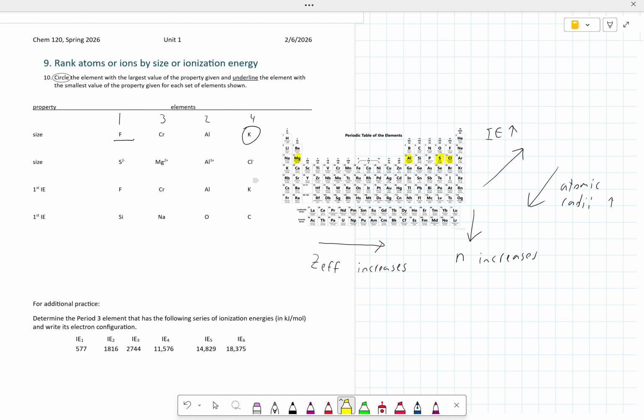All of these are in the third period, so we can't just immediately go to there. And worse, these are charged. So we should really think not just about the size of these as atoms or elements, but the size as ions. One thing that we can notice is that for the magnesium and the aluminum, these are positively charged cations,